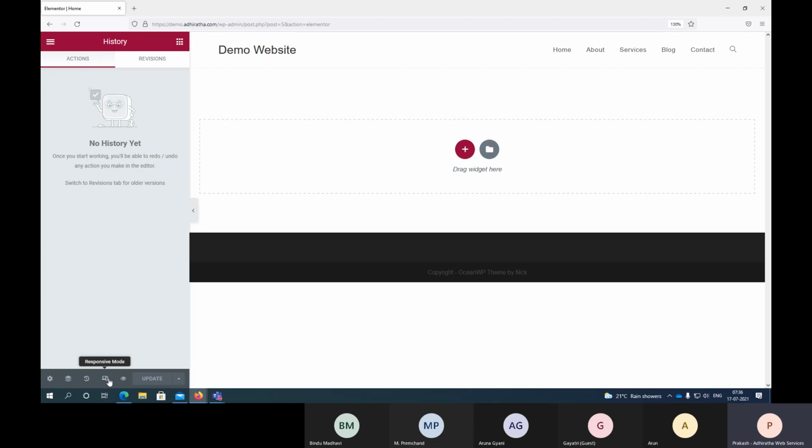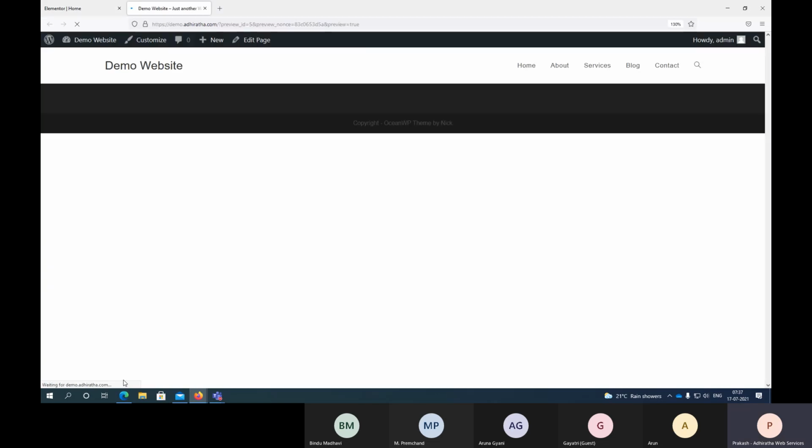Then you have a responsive mode where you'll be able to make it a perfect fit for all devices, right? Obviously it will take care of most of the things, but if you want to fine tune it better, you can do that here. Then preview changes, so you can see the look and output of your design.